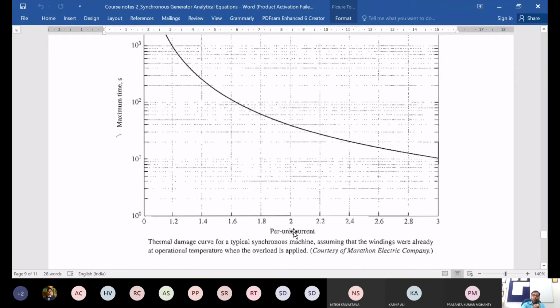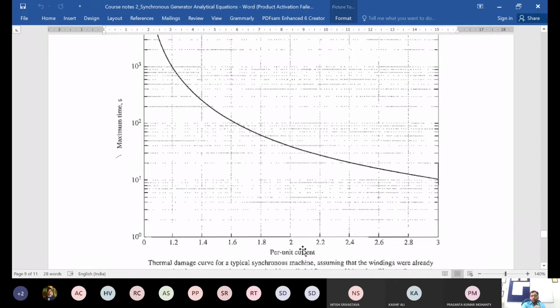So as we know, in the per unit system, we basically divide whatever is the value of that particular quantity by its rated value. Let's say we are talking about current. So the instantaneous value of current is divided by the rated value of the current. That is what the per unit system is. So basically a per unit value equal to 1 is the rated value. And so here, as you can see, every value indicates some amount of overloading. 1.2 means 20% overloading. 1.4 is 40% overloading. Similarly, 2 is 100% overloading, and 3 means 200% overloading. So it is like 200% extra power over and above the rated value.